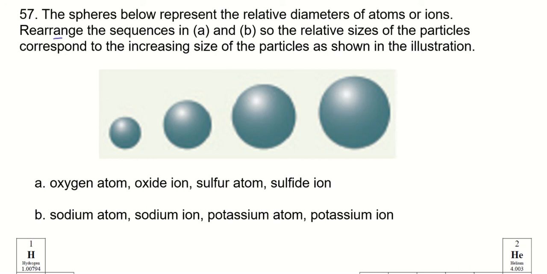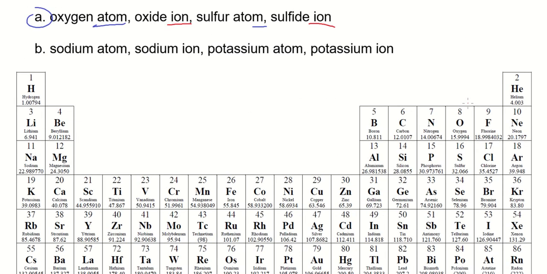We're asked to rearrange these sequences here, A and B, by increasing size of these particles. Let's do A. We'll do the atoms here in blue and their anions in red. So we know as we go down the periodic table, atoms get larger. So sulfur and oxygen atoms are in the same group, so oxygen is smaller than sulfur